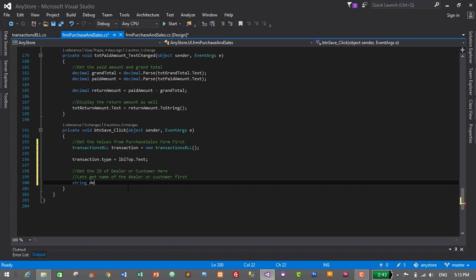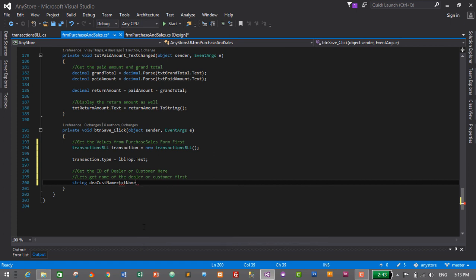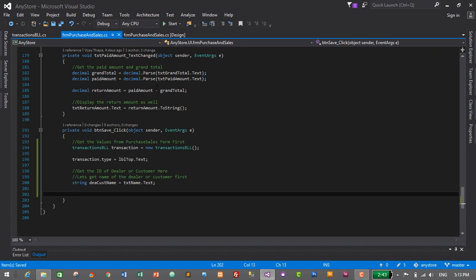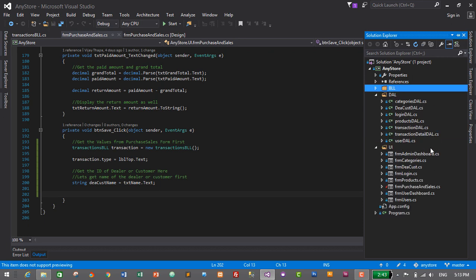String deaCustName is equals to txtName.Text. So this will give the name of the dealer or customer in our string deaCustName variable. Then let's save it by pressing Ctrl+S, and we need to create a method in DeaCustDAL to get the id by name. So let's go to DeaCustDAL, minimize this, expand the DAL folder, and go to DeaCustDAL,